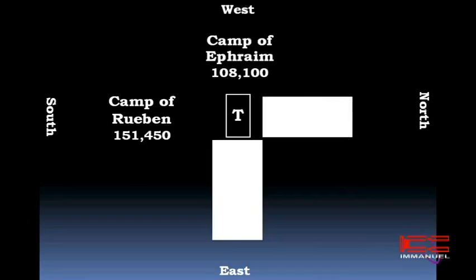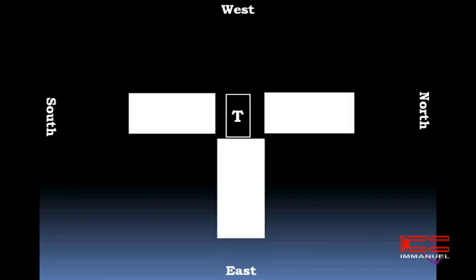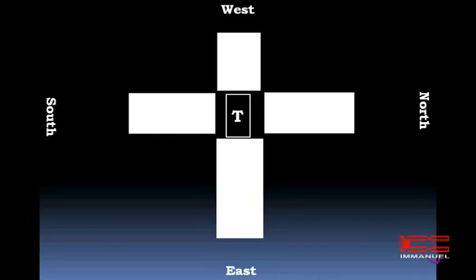On the north side, it was this many, this wide. Whatever camp occupied that much space. On the west side, on the south side was on this side, and on the west side was this much. When Balaam was going up the mountain to cross that mountain, this must have been what he was looking down at from the top of the mountain.